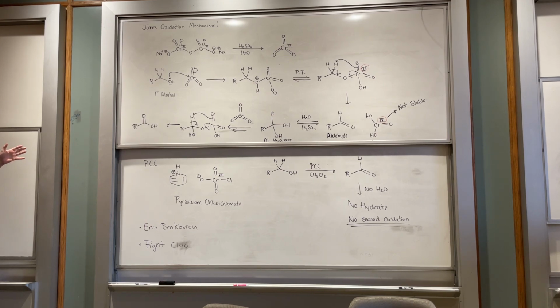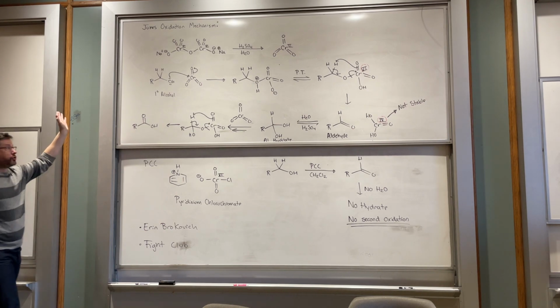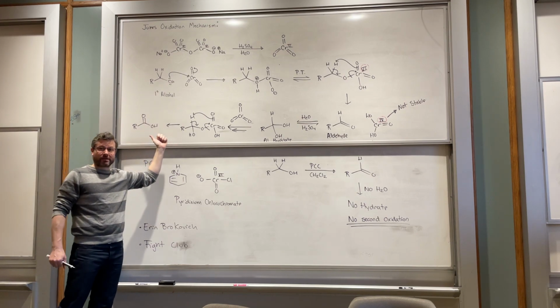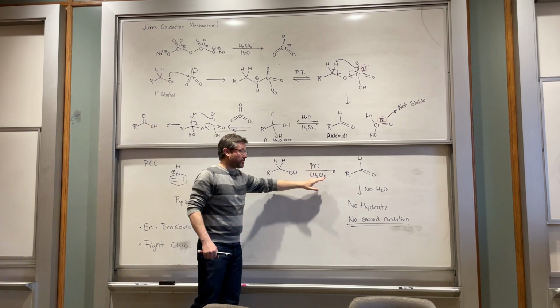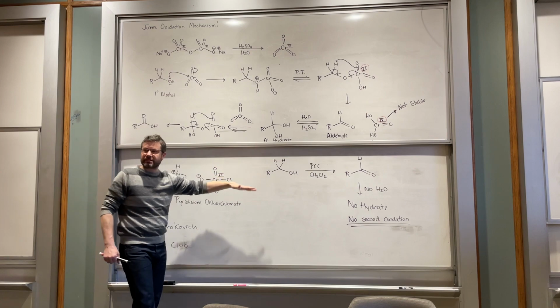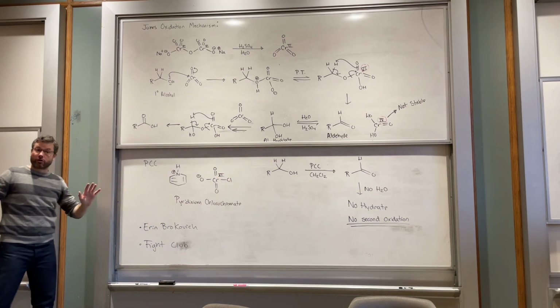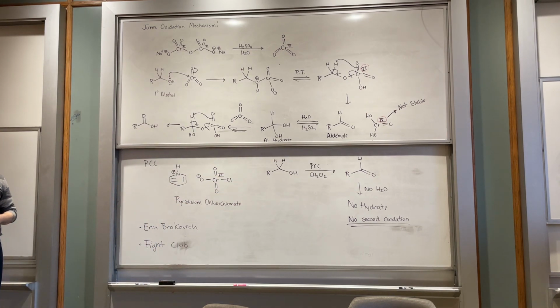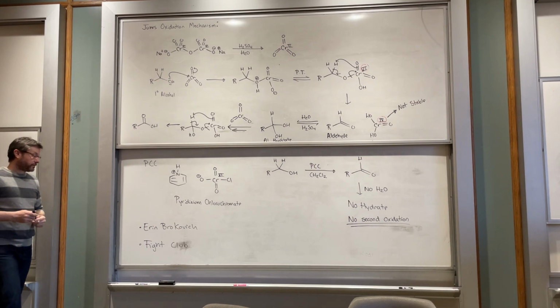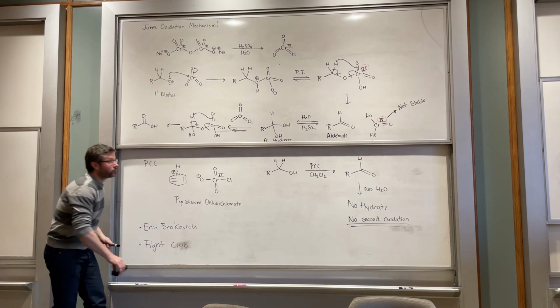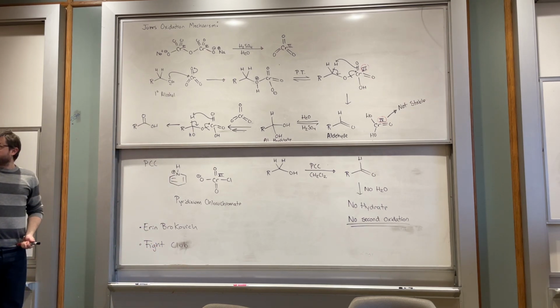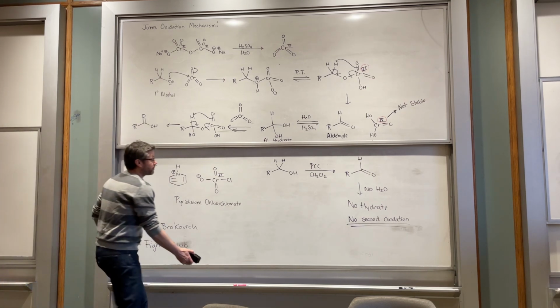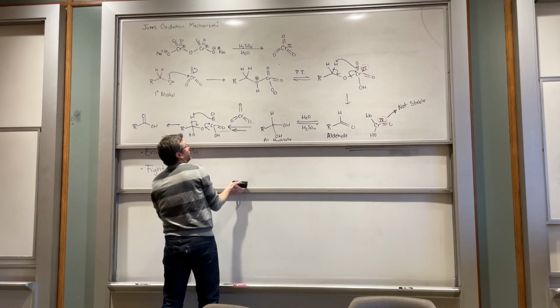All right, so any questions about PCC? So everybody understands why Jones oxidation takes us all the way to the carboxylic acid. PCC allows us to control that oxidation a little better and stop at the aldehyde. So that's a pretty important thing to be able to do, right? Have options for how far we want to oxidize things. Questions? Okay, so the third oxidation that you're going to learn